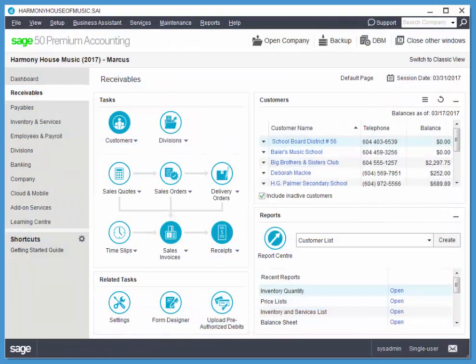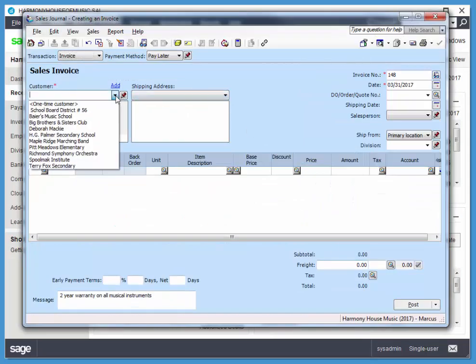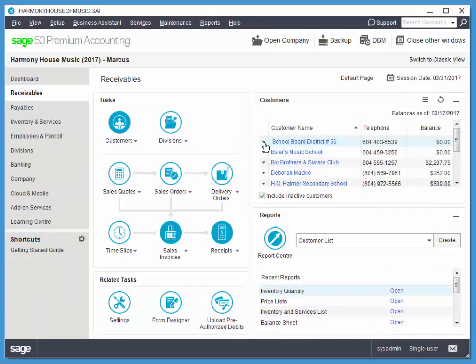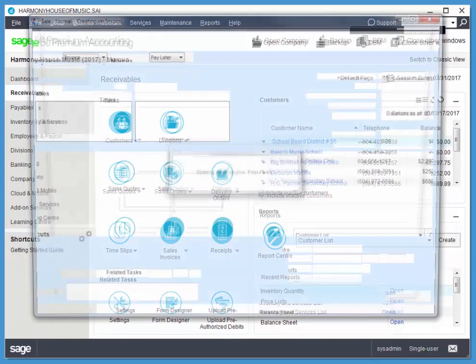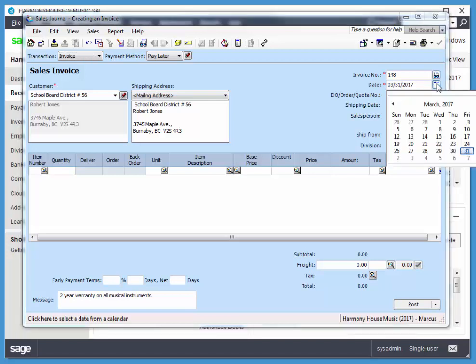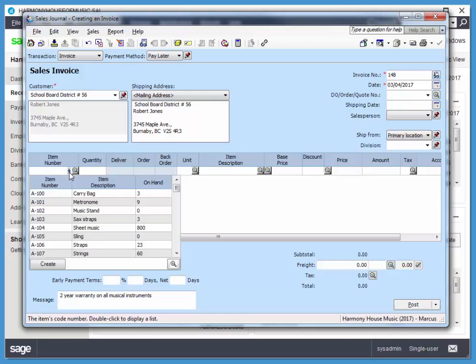Alternatively, we could choose sales invoice and then choose School Board District number 56. Alright, so again, I'll create an invoice for School Board number 56. This is on March 4th. And they're buying, let me just make that a bit bigger. They're buying 3